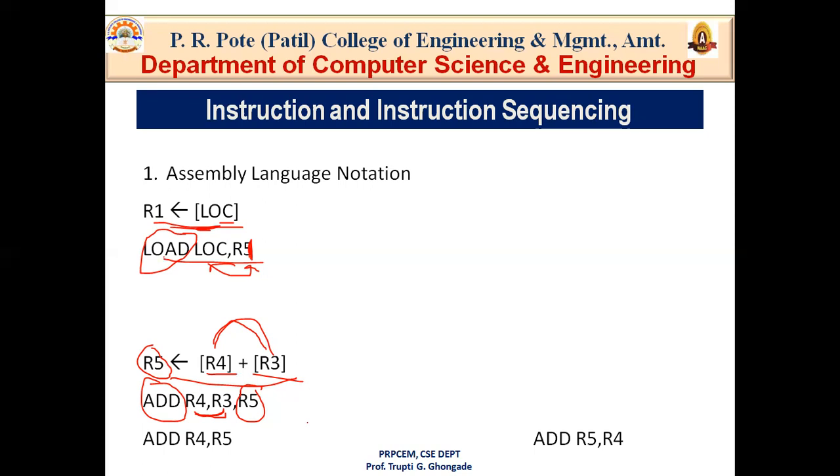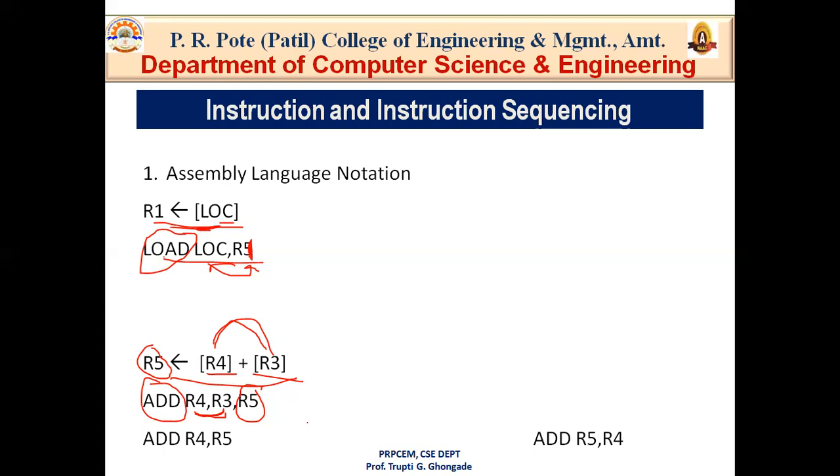And next, after execution, we go to the next instruction. That next instruction is tracked by the program counter, because the program counter always keeps track of the next instruction. So we have to increment the PC, and the PC is incremented according to your byte addressability, either by 4, by 2, or by 8. It depends on the byte addressability you are using in your system.